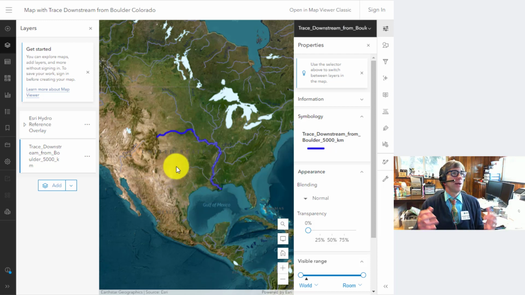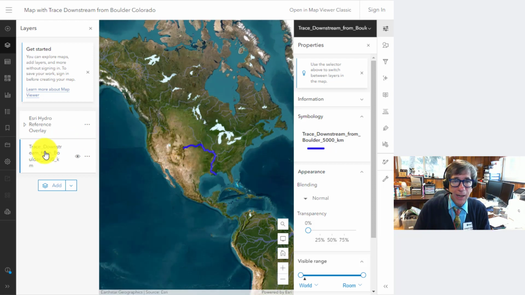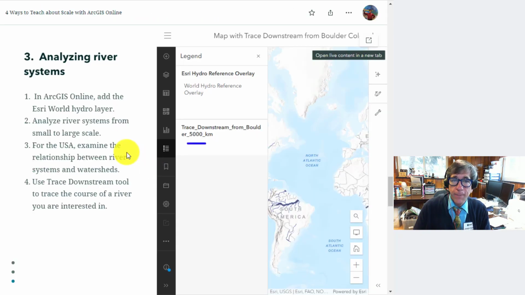Where do the rivers flow? Getting students of all ages to understand the relationship between topography and river systems, and at multiple scales. Getting them to think about river systems, trellis drainage, dendritic drainage, oxbow lakes, and other facets of the river system, and their relationship to geomorphology, climate, weather, precipitation, etc. Fascinating to be able to do this. Okay, so we've got a couple of things that we've done there in number 3, the third way to teach about scale. Let's go